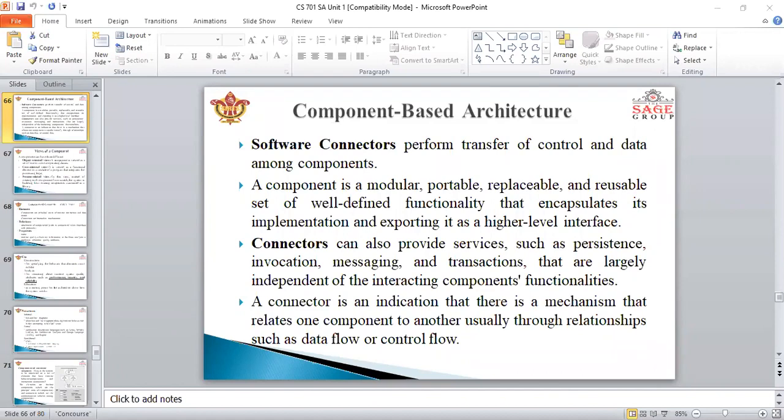And a component encapsulates functionality and behaviors of the software element into a reusable and self-deployable binary unit. So there are many standard component frameworks available nowadays, such as COM, DCOM, Java Beans, CORBA, .NET, web services, grid services.